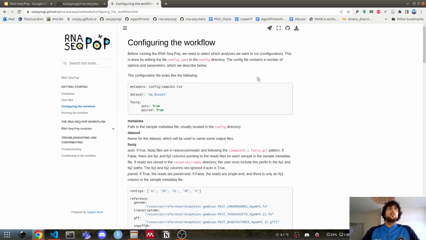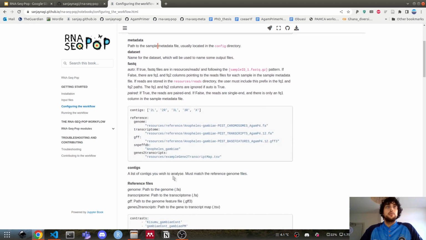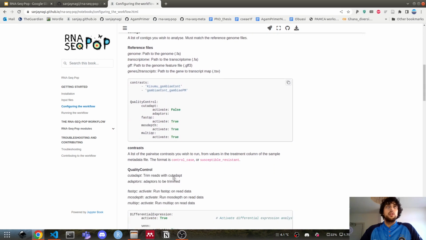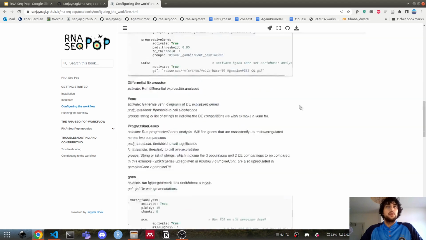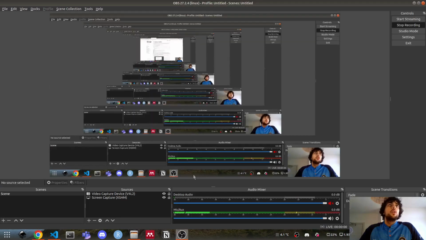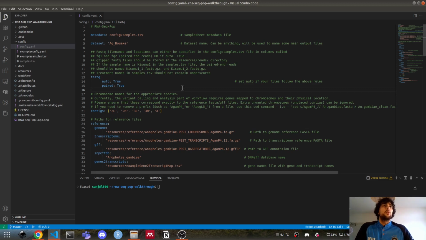So on this page, we basically have each parameter, and we describe each thing and what it does, hopefully in detail. If you have any questions with this or difficulties setting this up, please just let me know. So, here we are, configuring the workflow.